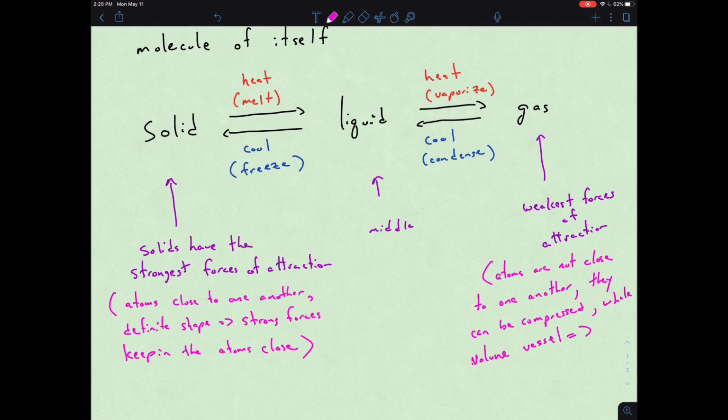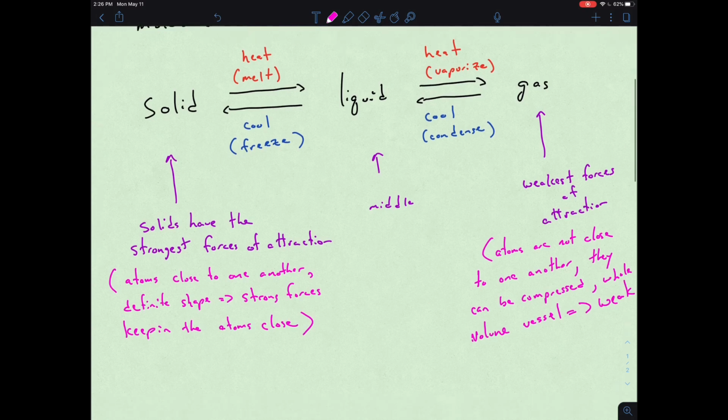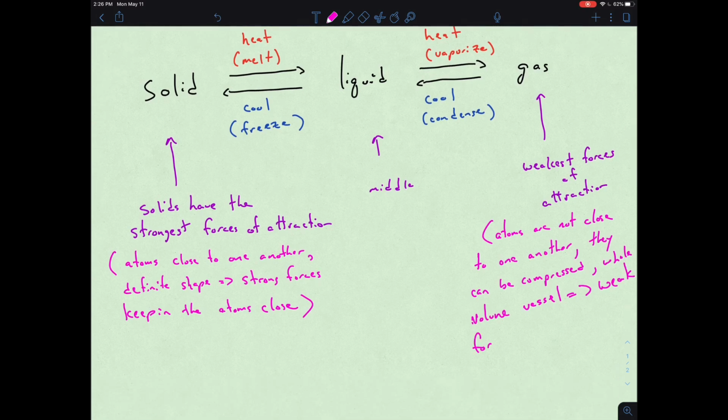These are weak forces. And that's because atoms are far away. There's not much attracting them to one another. And then we have liquids in the middle,